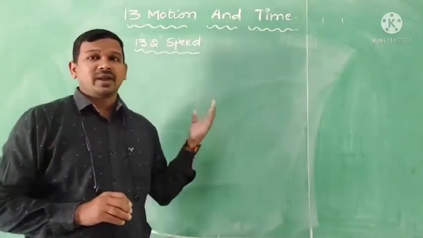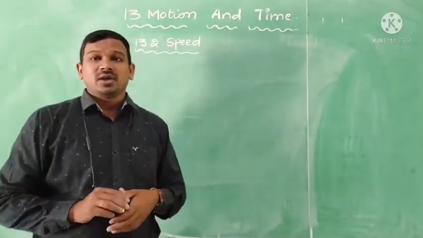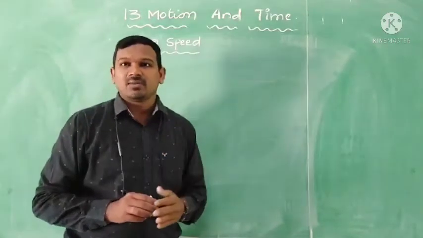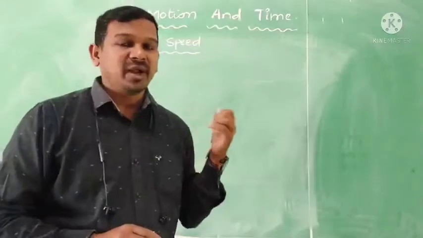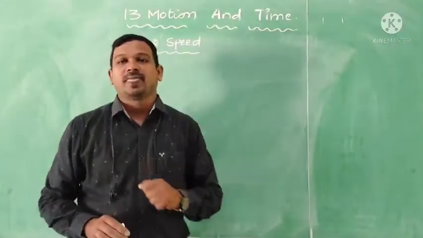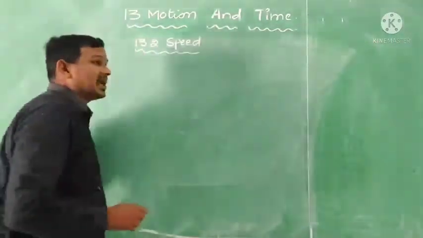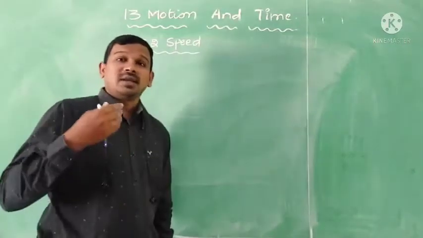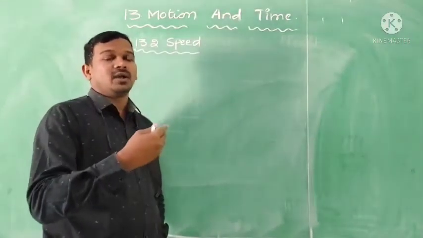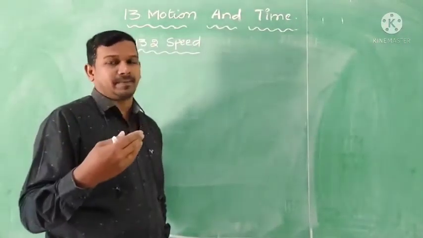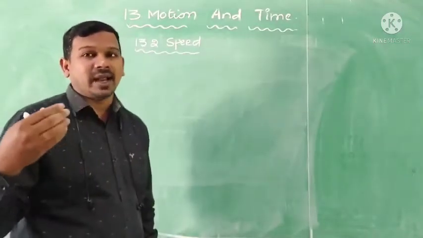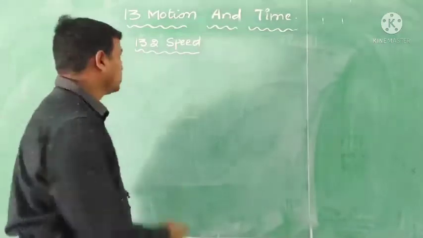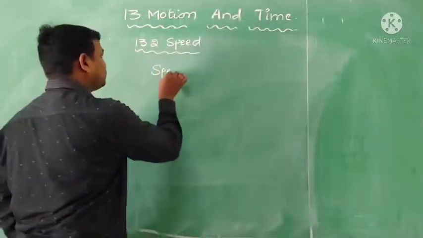Now we are going to discuss the speed concept. Why do we need to discuss speed? In order to classify which bodies are going very fast and which are going very slow, speed is a concept we need to learn. In the last activity, I told you about the distance covered by the body in a given span of time. The distance covered divided by the time taken is nothing but speed. So, what is the speed formula?